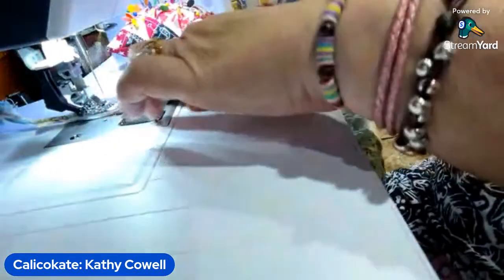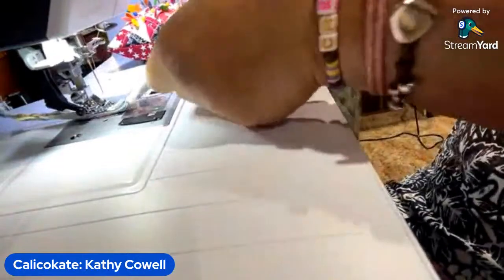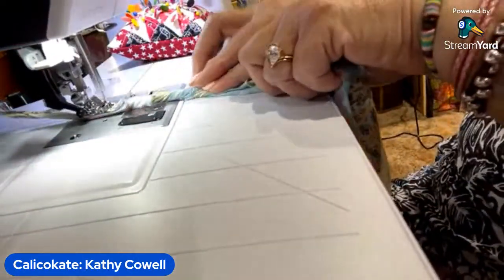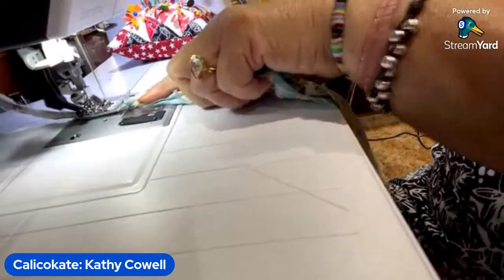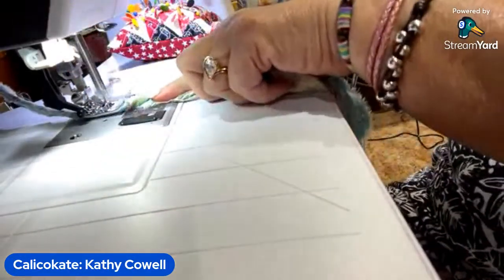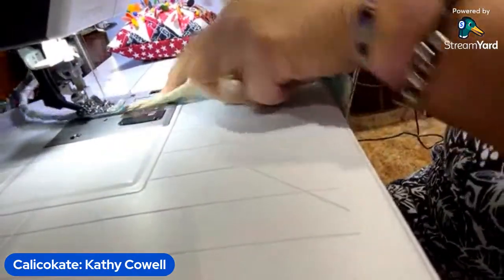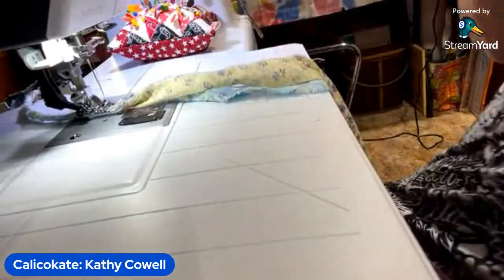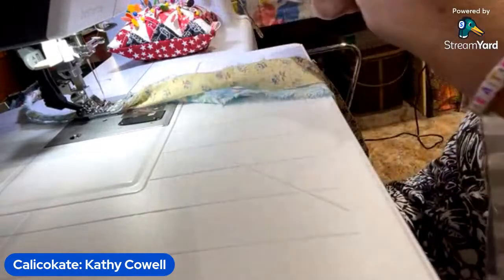Whoops. Sorry about that. Well, there we go. I don't back up either because I'm going to be zigzagging this as we make a basket. So I figure that's going to be, excuse me, my